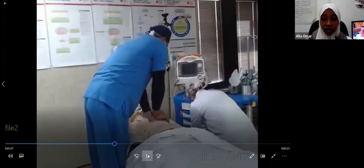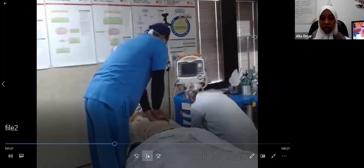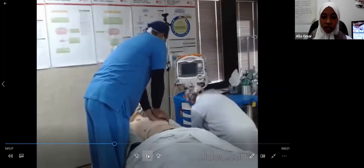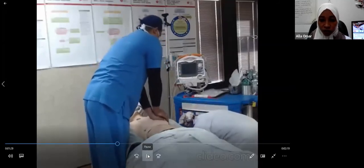She makes sure that the cardiac board is there and attached, because what we are thinking, maybe the third nurse will come and just go ahead and help in high quality CPR, and she will not have time to insert it. So the second nurse will come and make sure that the cardiac board is inserted. Next, what she's doing,